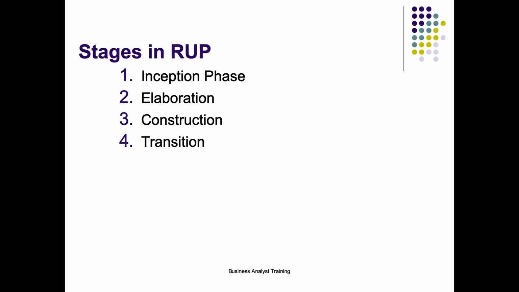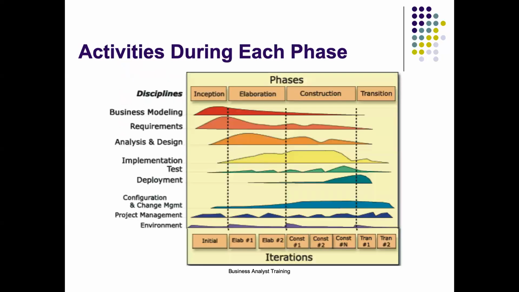Now you might be thinking that we understand the phases and their names are different, but they are still doing the same thing, so how is it different from waterfall? For that, we have to see a different dimension. This is how the dimension of RUP looks like, right? Inception, elaboration, construction, transition. The key difference here is there is no handoff between phases. You can see that